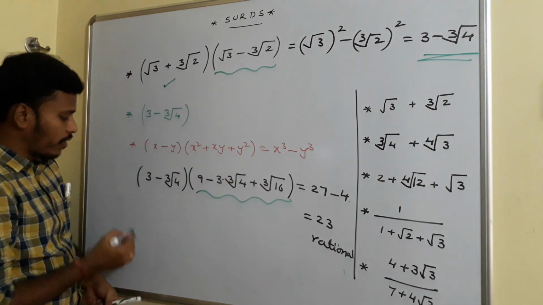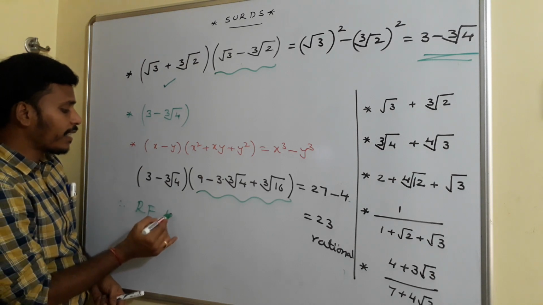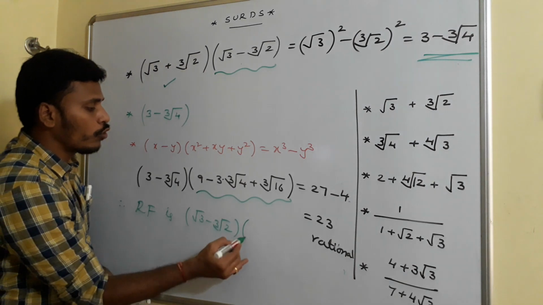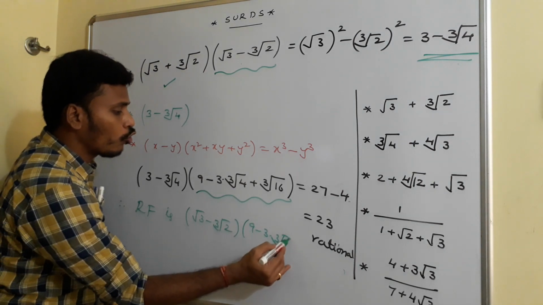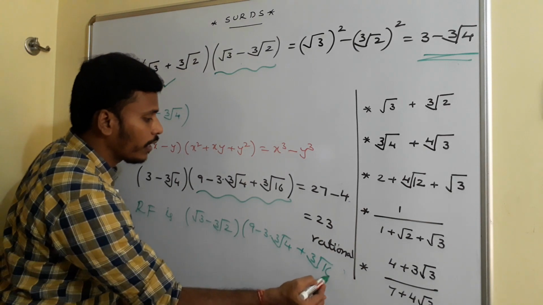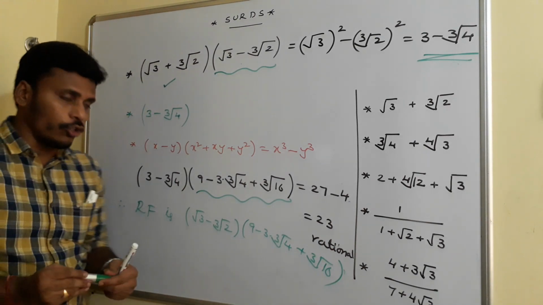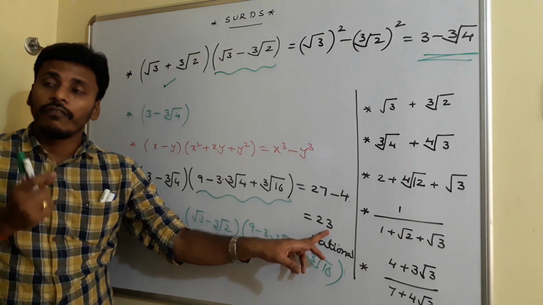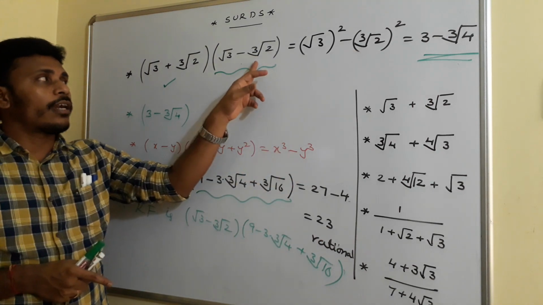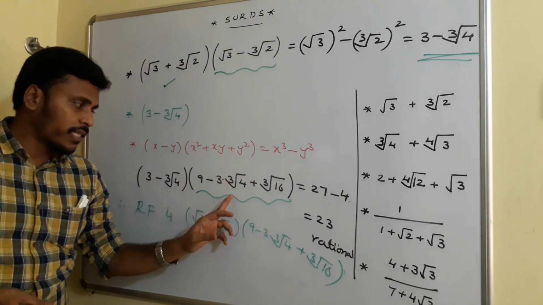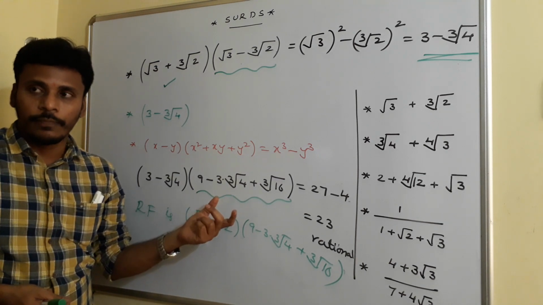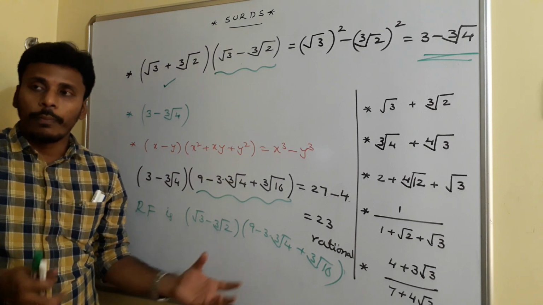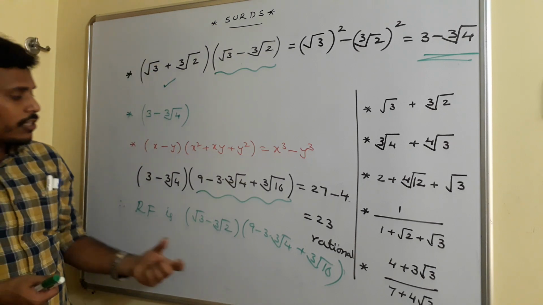By combining these two steps, you may conclude that the rationalizing factor of the given problem is the product of root 3 minus cube root 2 into 9 plus 3 into cube root 4 plus cube root 16. I already mentioned, don't concentrate on the result of this rationalization. You need to concentrate on the numbers with which we are multiplying. In the first step, we are multiplying with root 3 minus cube root 2. In the next step, we are multiplying with this trinomial set. So at the end, the rationalizing factor for the given problem is the product of these two.